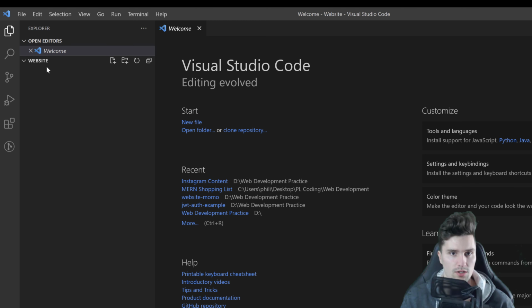which is called Live Server. What this will do is set up a live local development server, which will allow us to reload our website in the browser whenever we save this HTML file, whenever we save any file inside of this folder that affects our website. That is so useful for development that we don't always need to reload the page after we saved our files. So what we want to do is go to this plugins icon here,